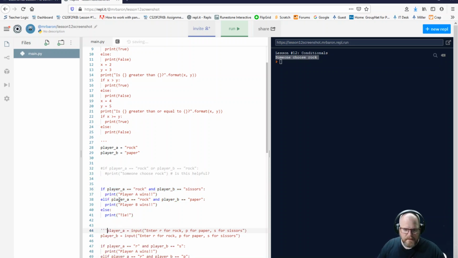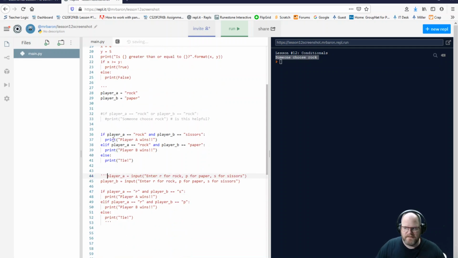Okay, so now that section from our lesson is here. So we've assigned rock and paper to these two right now. So we're saying that if player A equals rock and player B equals scissors, print player A wins. Well, right now it's rock and paper. Okay, so this elif says player A equals rock, player B equals paper, print player B wins. Else print a tie. Okay, so I have these two, rock and paper, and I'm going to get player B wins. Okay, if I change them around and I change player B to scissors